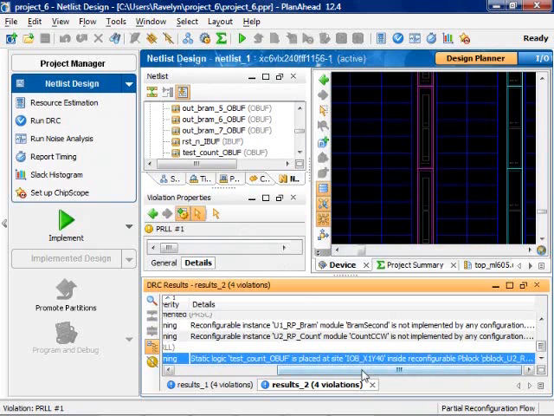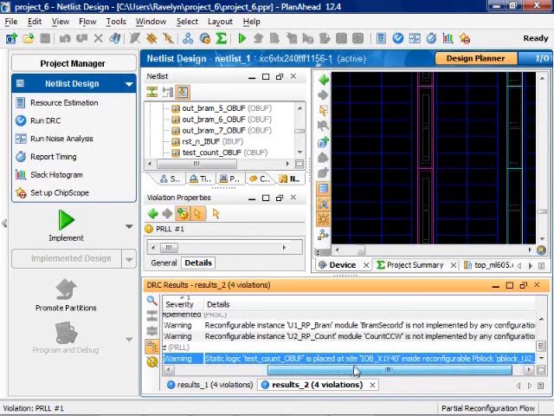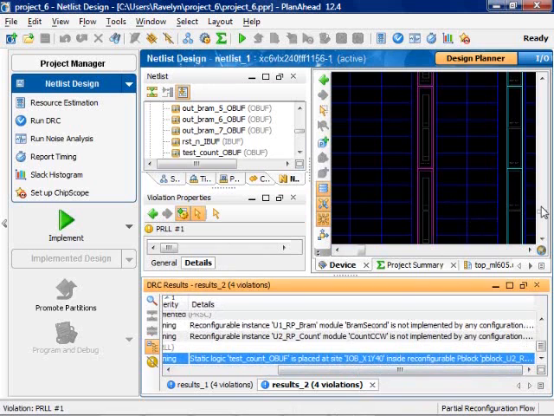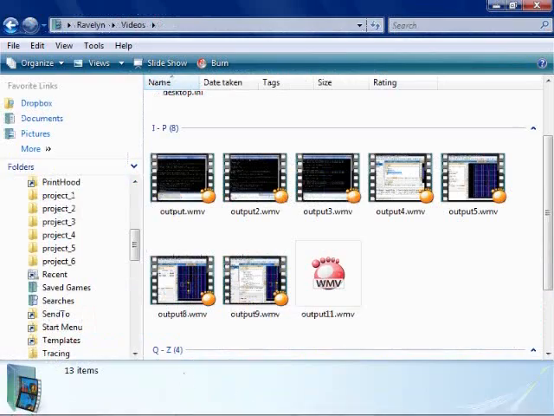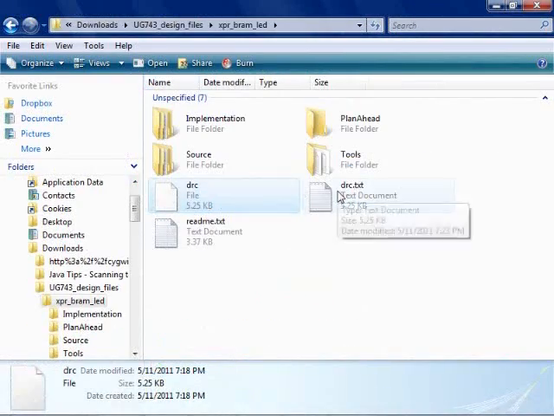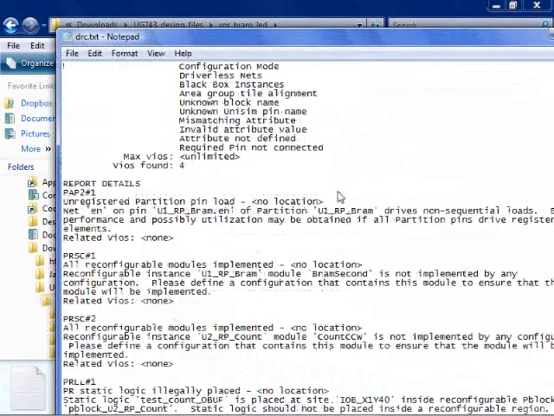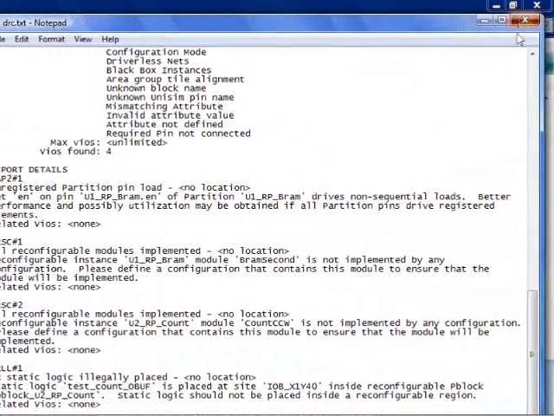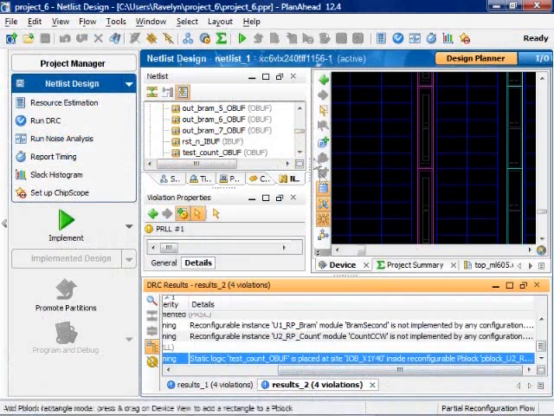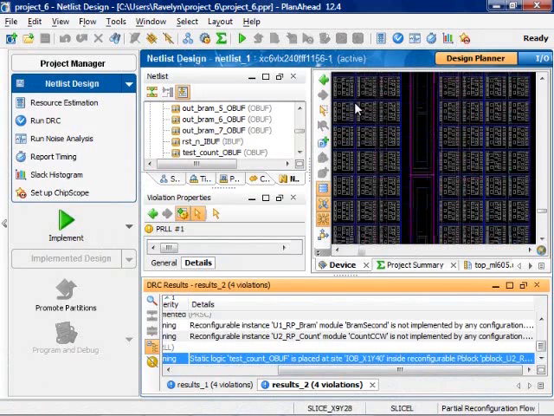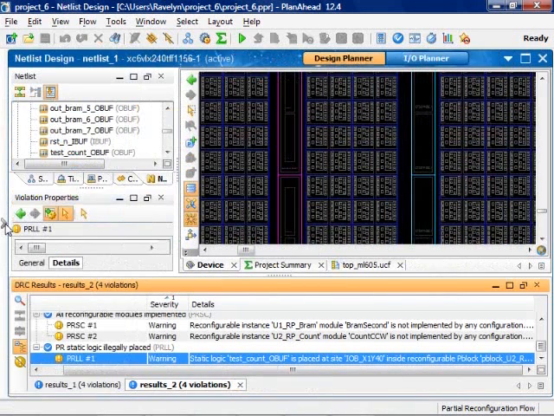As you can see, it's having trouble finding. There's a problem with IOB X1Y40 being inside Reconfiguration block. I can't read it, but I'll just open the file. Replace inside the place for count. So we need to look at count and see why it's